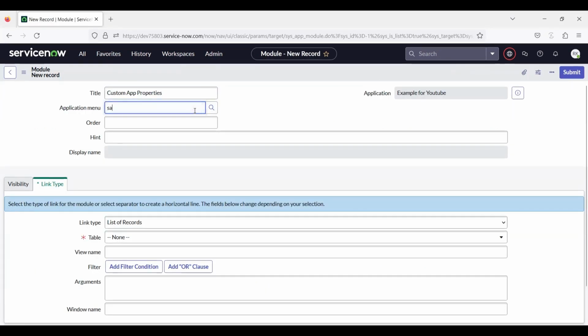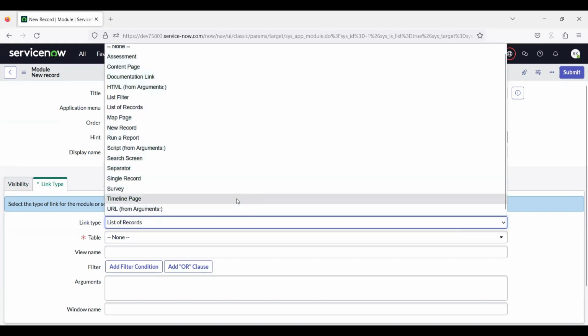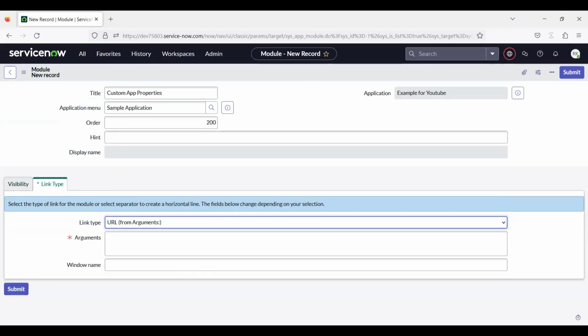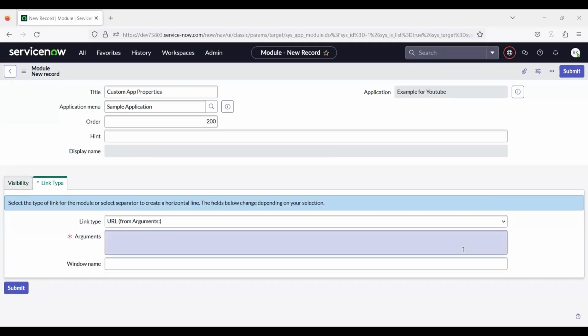Select the application menu under which the module has to appear and specify the order. Go to Link Type and select Link Type as URL from Arguments. In the Arguments field, enter